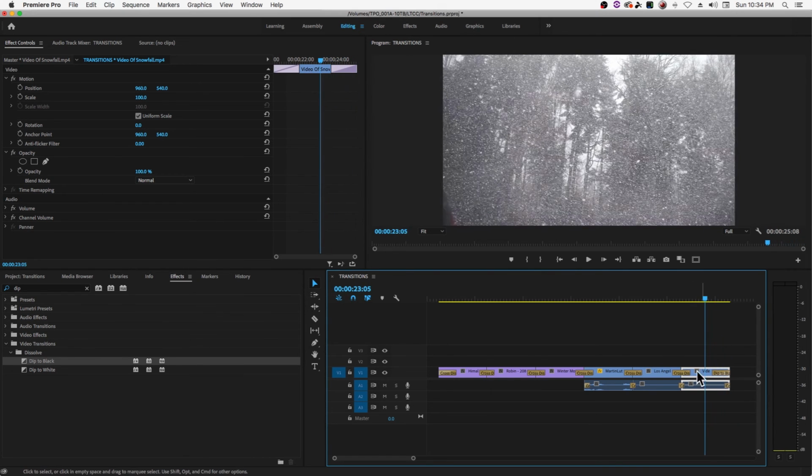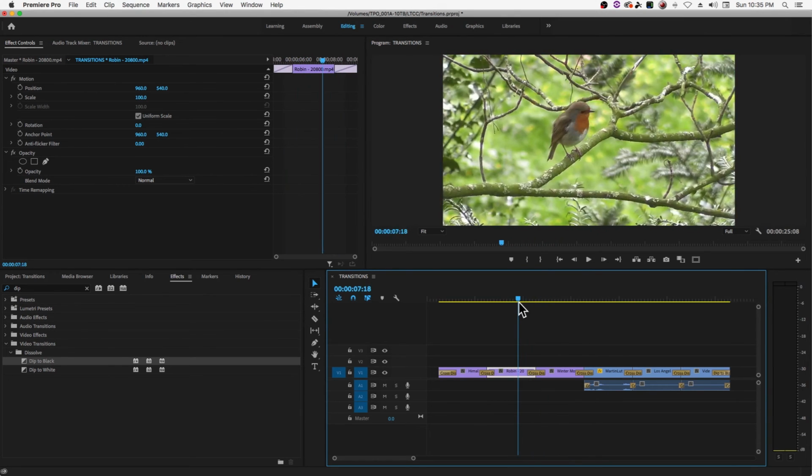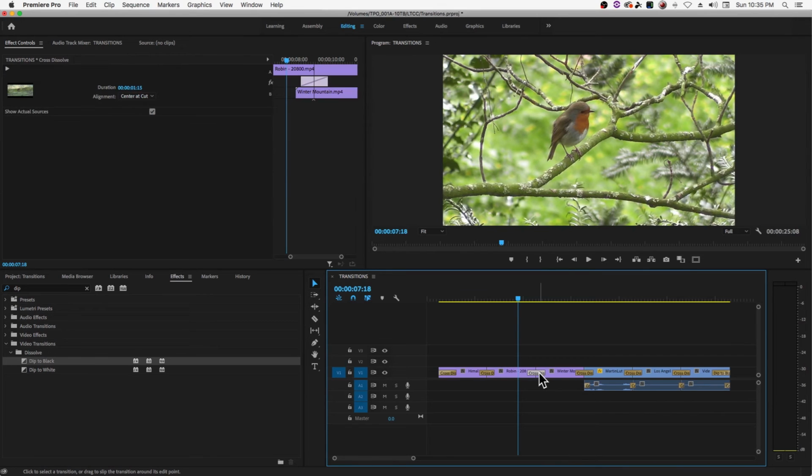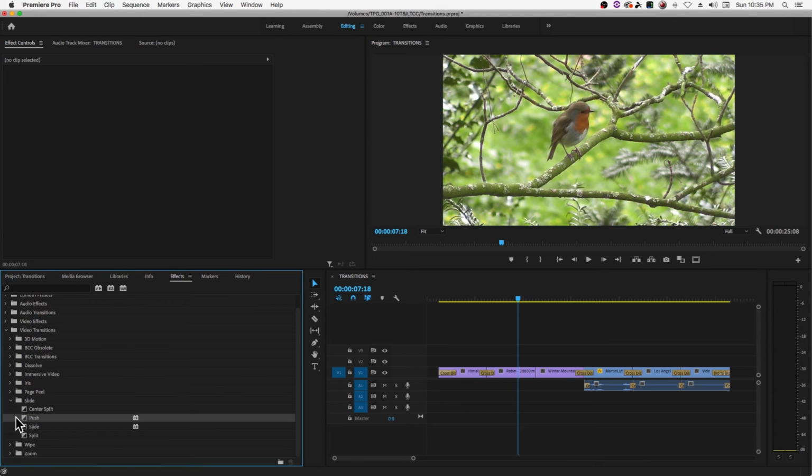Okay, so what if we decide everything is great, but we actually don't like the cross dissolve? We want to do something else. So let's go ahead and select the cross dissolve, and we'll just delete it. We're going to hit delete. What I think would be fun is if we could maybe do a slide. So let's try a push. We'll actually grab the push transition effect and lay it down on the cut, let go,